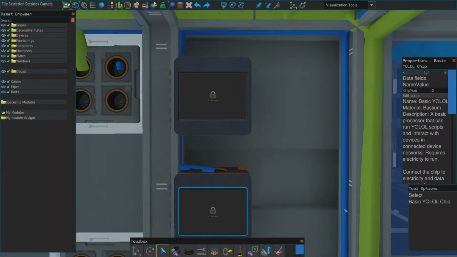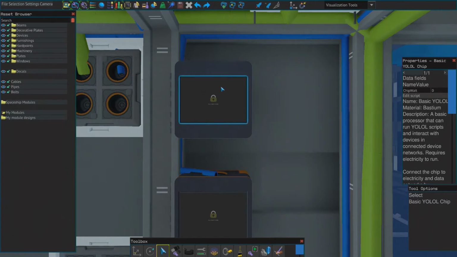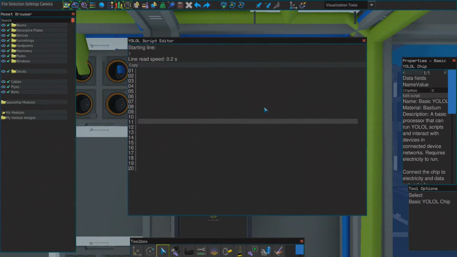So now it should be powered and everything. So here is where I'm going to tell the ship that when the button is pressed, the Gen U needs to open or to turn on. So I'm going to use an if statement. So if I called it power gen is equal to 1, then